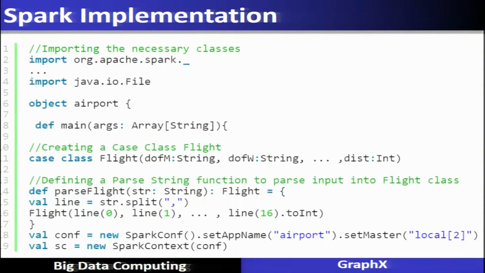Here we can see part of the Spark code which implements this flight data analysis using GraphX. Let us understand some of the code before we go into more detail. First, we create a flight class with all the details provided as 17 different features.